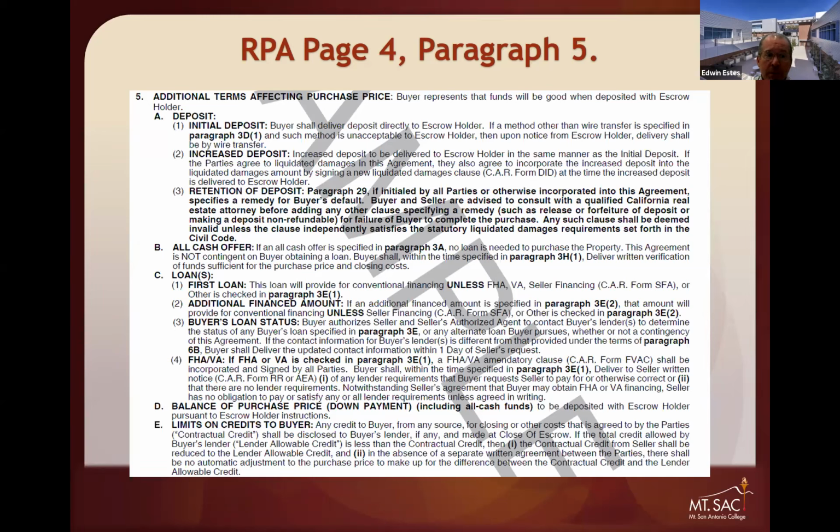Now, in dealing with the loan, drop down to C4, FHA and VA. Something you're going to see new, remember with the FHA in the current contract, they have the FVA form. That's the form that the buyer uses to request the seller to make repairs or pay costs in the case of a VA loan. That was really kind of a request for repairs form, wasn't it? So the new request for repairs, yes, you're getting a new request for repairs in December. Like I said, we're going to see probably 63